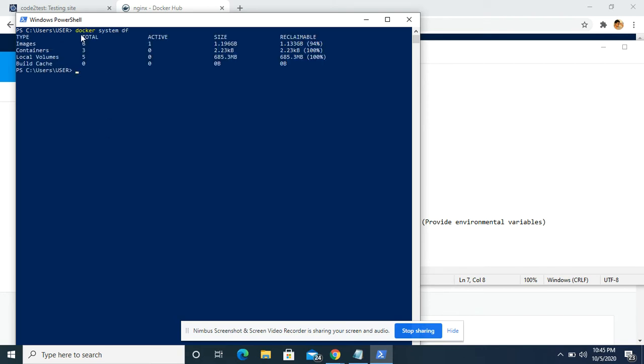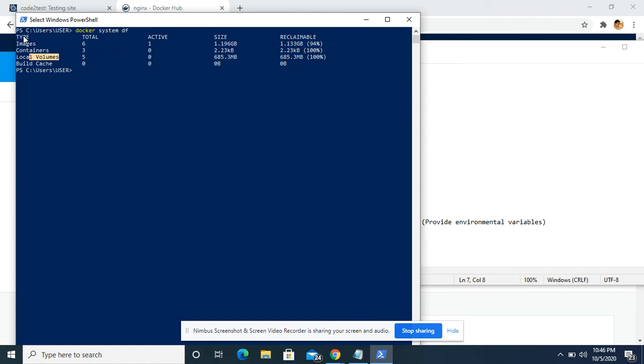The next command is docker system df. It shows me the system information, like the containers I have and the local volumes I have. It shows the size along with how much is reclaimable.